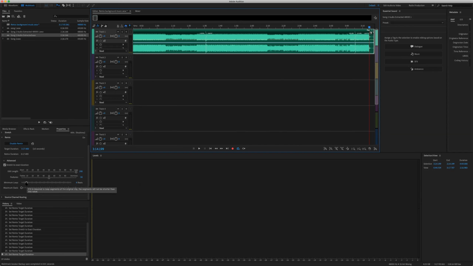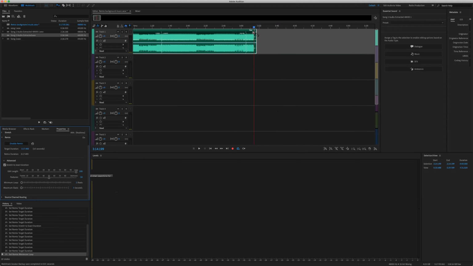Here is the minimum loop. So this is how many beats it's going to make for the minimum loop. So this kind of piece here between these two little squiggle lines, that's a loop. And we've got it set at about 8 beats. So if we take this back down to, let's say, 2 beats, and if I shorten my song, let's take